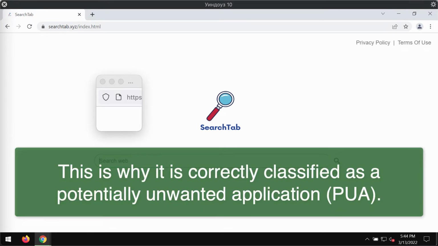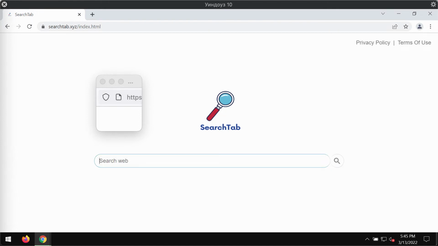It changes the majority of browser settings. Therefore, it is pretty correct to classify it as a browser hijacker. We found out that SearchTab Default Search hijacks a web browser by changing the default search engine, homepage, and new tab page to Searchtab.xyz. We tested